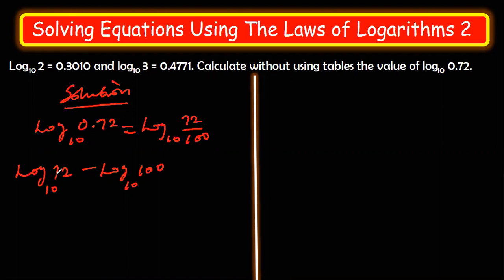We have 72. So what we're going to do here is to make sure that we simplify all these logs to become 2 and 3, since you have been given the values of log 2 and log 3. And to do that, we're going to look for the factors of 72, and the factors of 72 would be 8 times 9, right? Yes, 8 times 9. So basically, we are going to say that log 72 now, log 72 is going to be